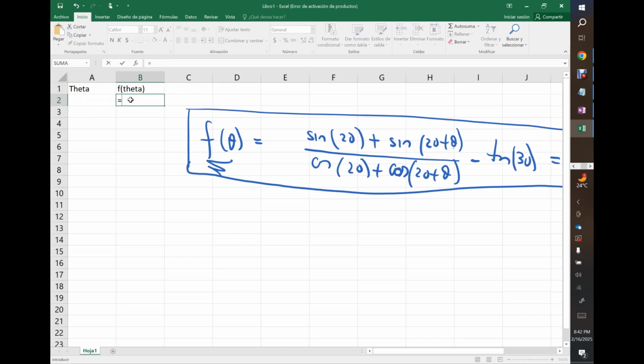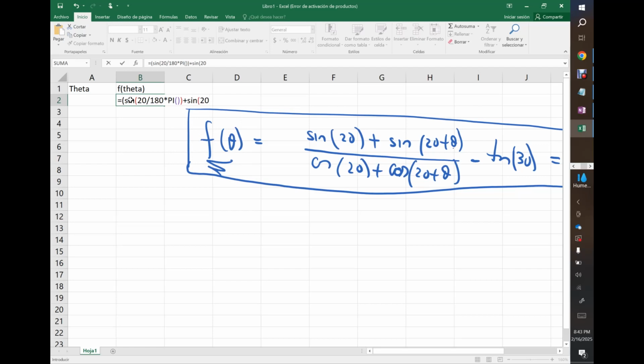So the function is, let's open a parenthesis, so it's sine of 20. Now remember that 20 has to be divided by 180 and multiplied by pi. So that will do. We close the parenthesis, plus sine again of 20 plus, but careful here,